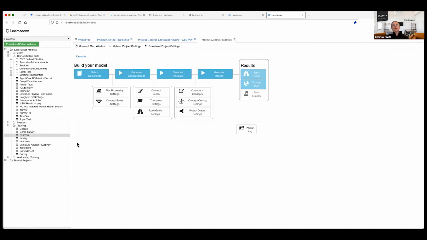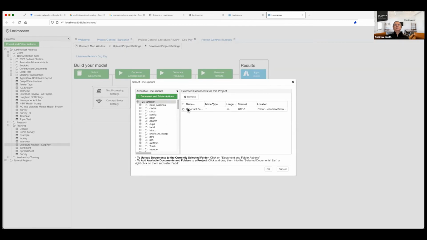If you don't know the data that well, make an exploratory model and just run it on defaults and have a look through it. But then if you want to do some different types of analysis, create some more projects, as many as you like. You don't have to pay for creating models. You can do as many of those as you like. So that's just creating a project and binding it to data. This is a model I created based on a folder of important papers from my research area.